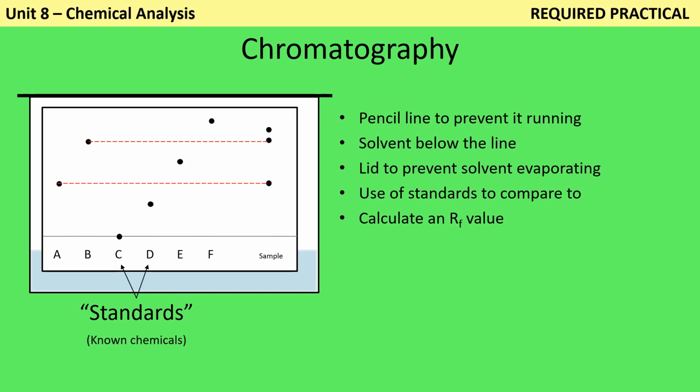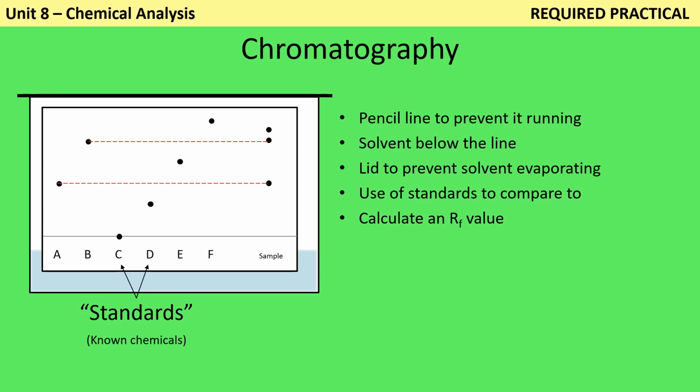Paper chromatography is one of your named required practicals, and therefore you need to be able to write a method to explain how it should be carried out. So to start with, you draw a line on which you're going to put your samples, and as you know, it's really important that that line is drawn in pencil, not pen, to stop it from running and interfering with your data. You're going to place the sample of the standards and also the sample you're trying to investigate on